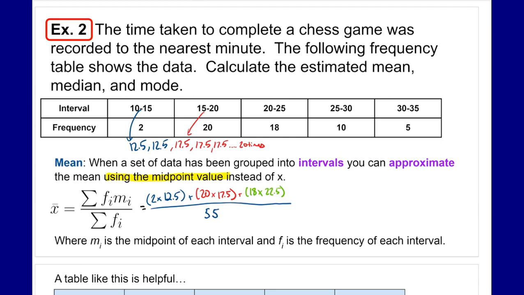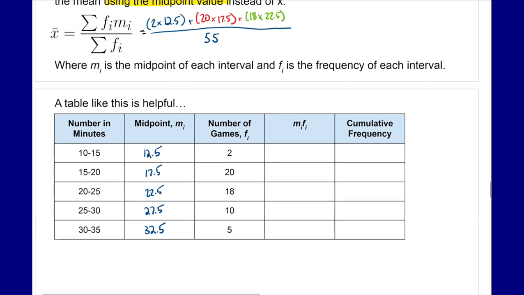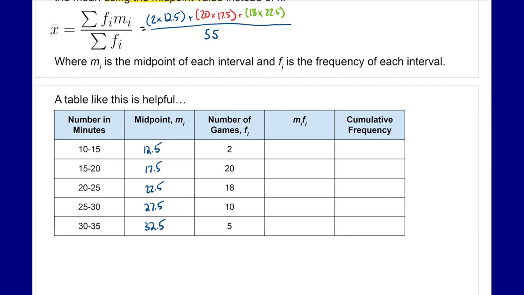Now, when we go through and calculate something like that, it might be helpful to create a table, right? Just to organize our calculations, organize our thinking, right? So our midpoints, we already mentioned 3 of them: 12.5, 17.5, 22.5, 27.5, and 32.5. Nice, easier numbers to work with, again, because we had nice intervals. So what we do, because it's the sum of, and we can see the formula still at the top, the sum of the frequency times the midpoint, I need to